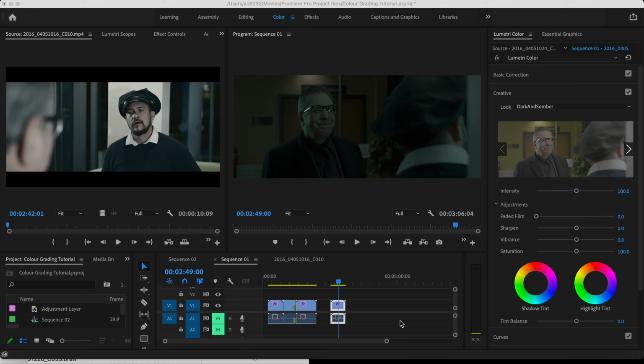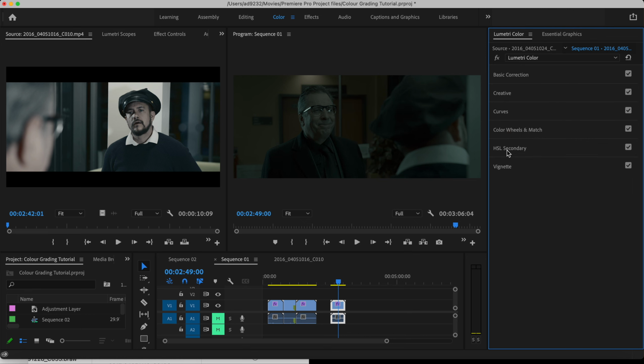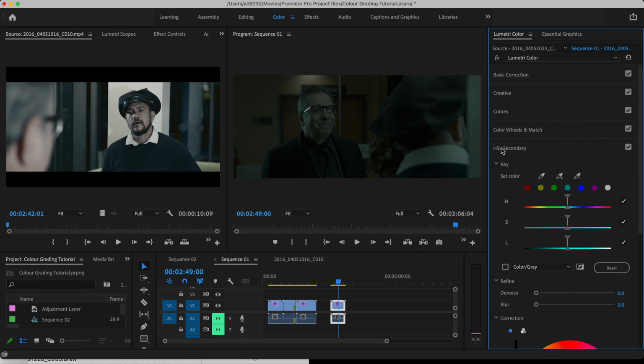Another important thing that we need to do when grading our footage is try to return the skin tone to as close a hue as possible to natural. So the way we do that is by using HSL Secondary. So I've got some footage here that I've applied a look to, and you can see that the skin tone just doesn't look good. So what I'm going to do is go to the HSL Secondary tab